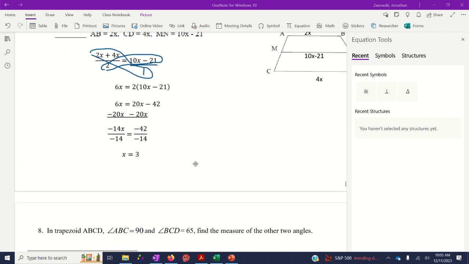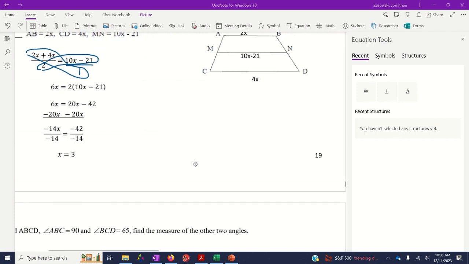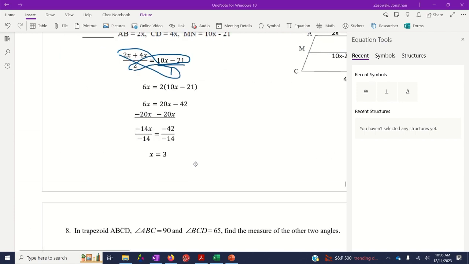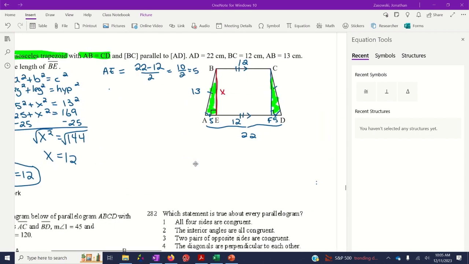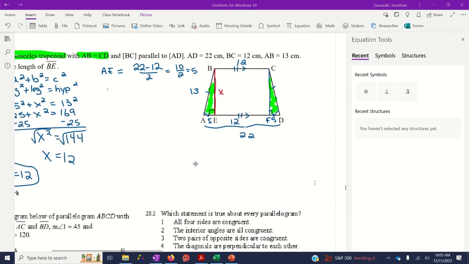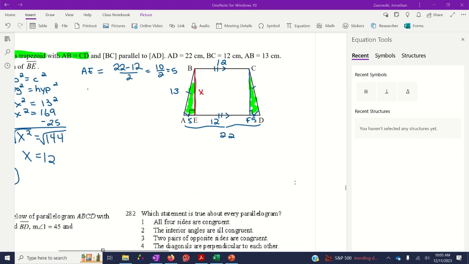All right. I'd like you to work on just finishing up the next couple pages here on your own, so pages 20 and 21. We did take a look at number 9 in class together. We'll walk through this one real quick. On this question,